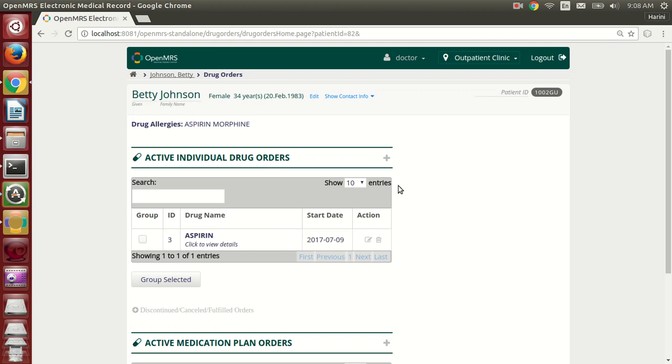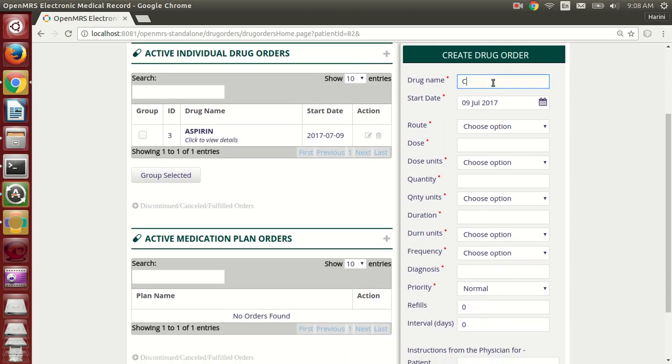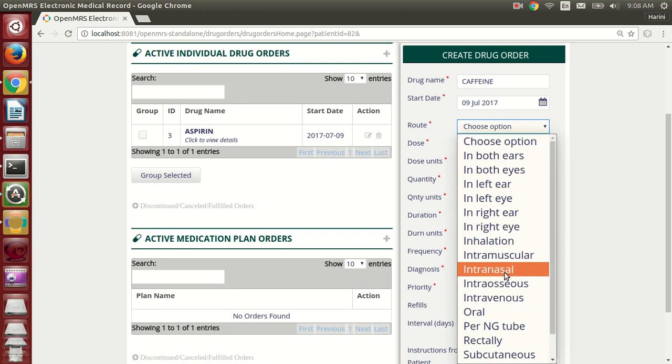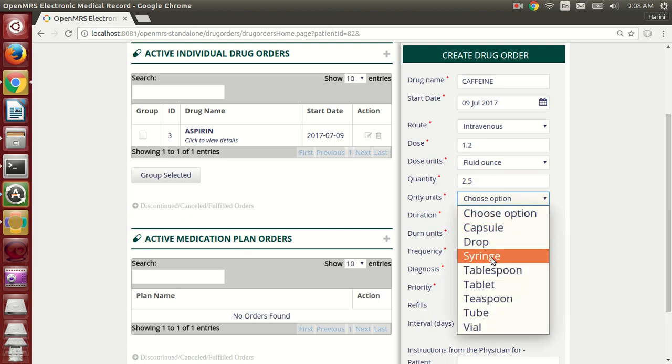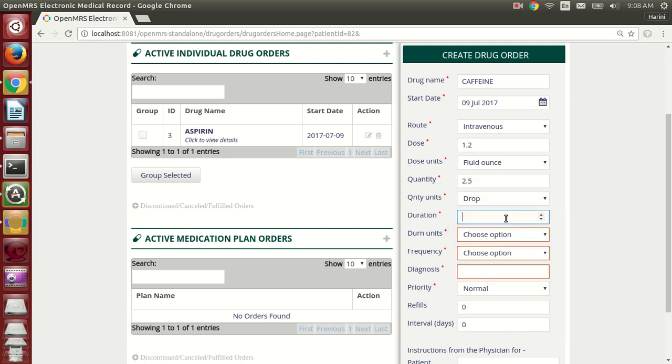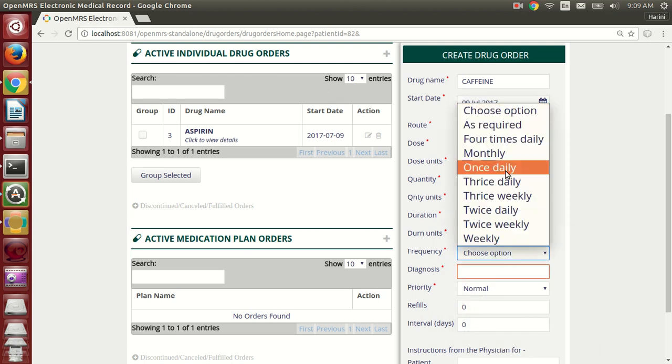Let us create another drug order. So we will follow the same process of creating a drug order. Specify the name, the start date, the route, the dose, the quantity, units, the duration, the frequency,